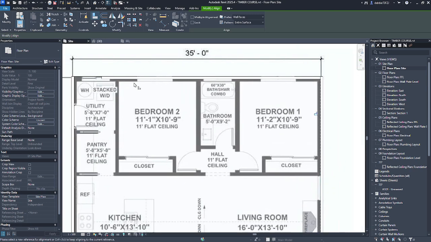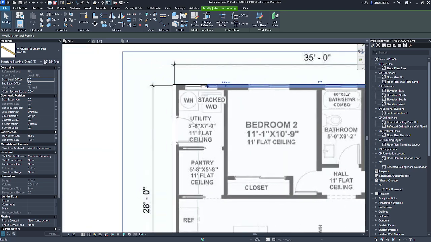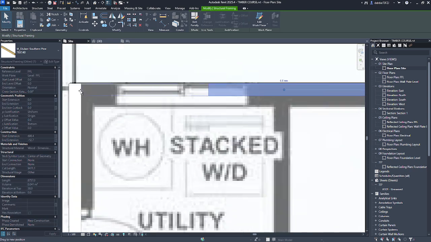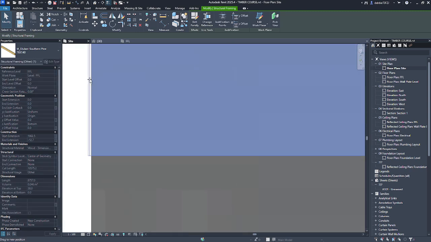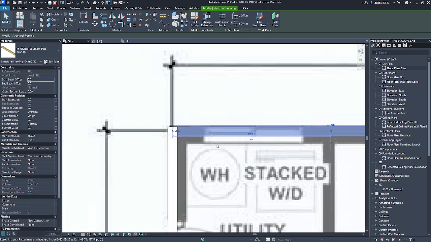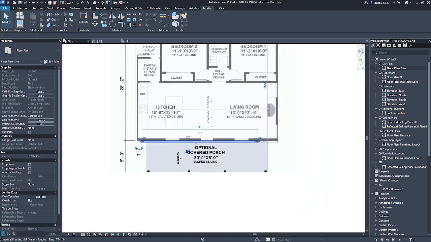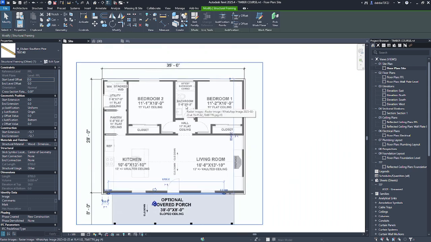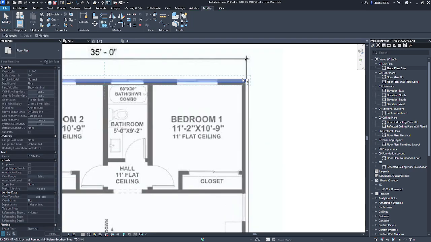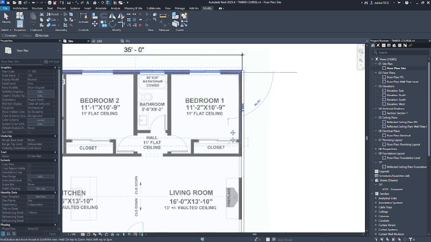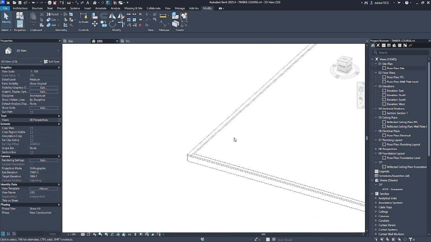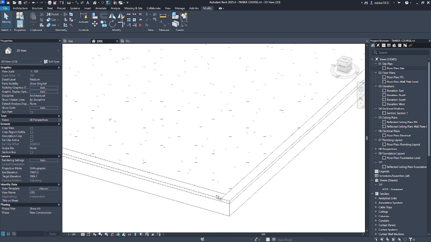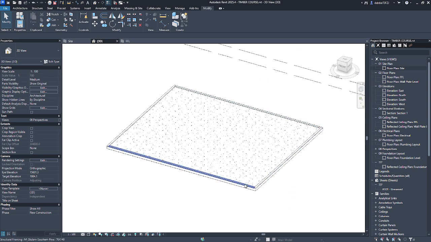Sometimes when you press AL, it'll move the entire base plate. So now I just need to go back and drag that part to make sure that we align it properly. So now this one, instead of doing everything over, you can just CO, take the bottom, place it there. There we have our wall base plates.